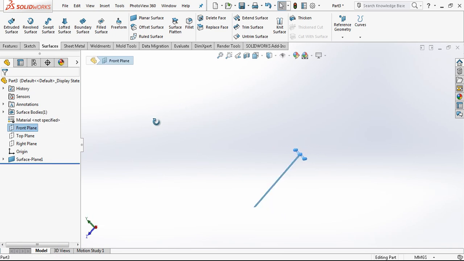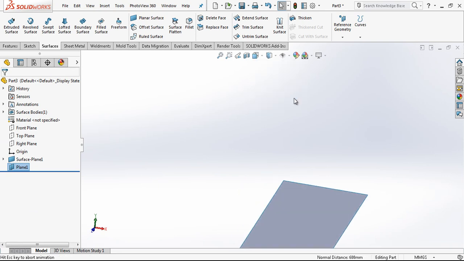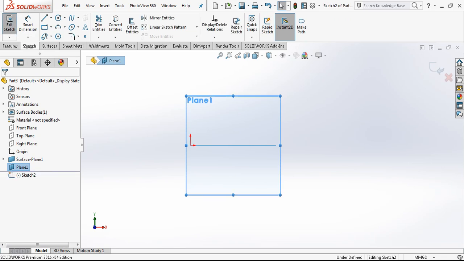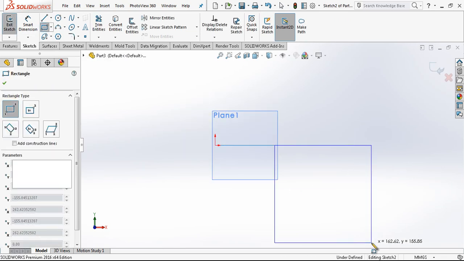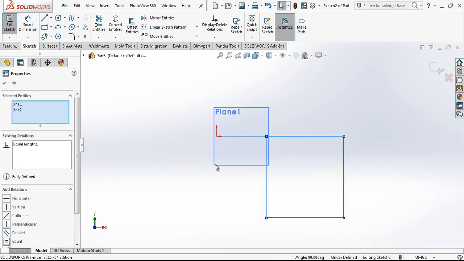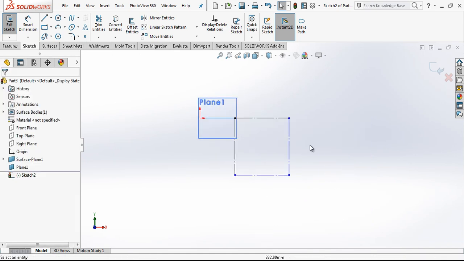We are now going to open, with the help of the front plane, another plane on this point. When you click on the point, automatically our plane is created there. And now a plane is selected. We open a new sketch and we are going to create a square. With the control button, I am creating equality